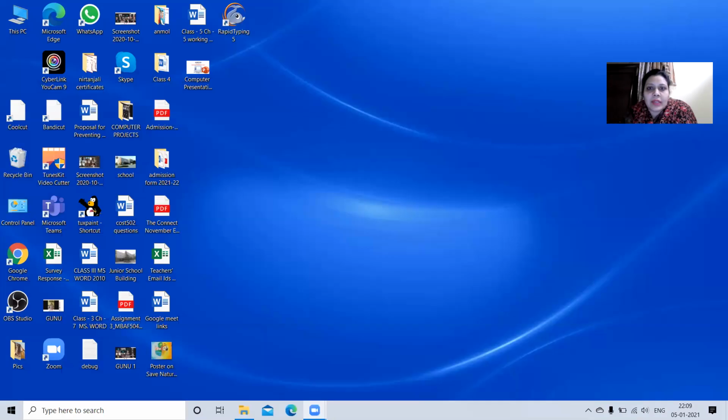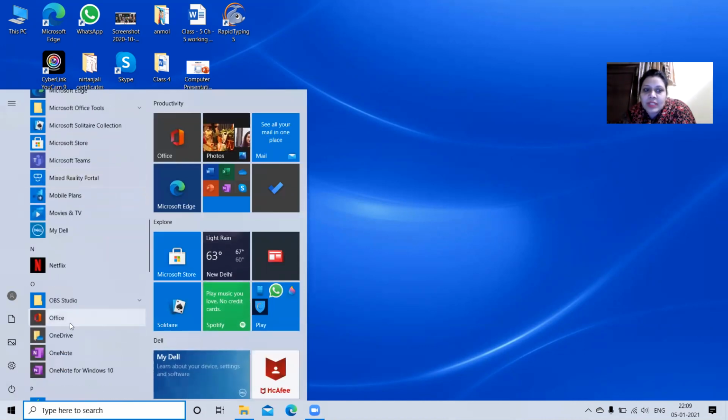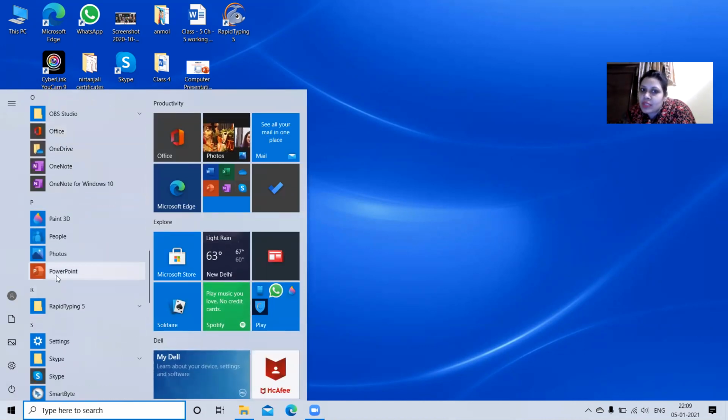Right, so first I'll tell you here how we can start Microsoft PowerPoint. Here what we have to do, we have to simply go to the start button, or you can scroll down. You can see here a PowerPoint option is there under Microsoft Office. You can also find it